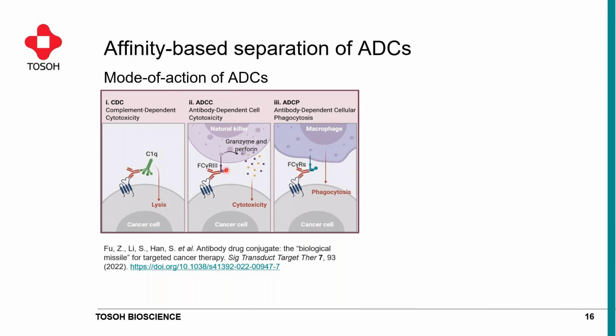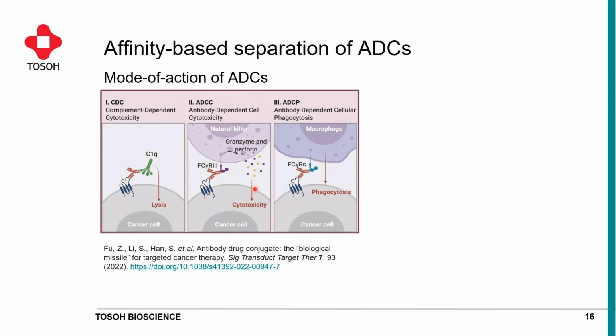This basically works by the Fc part of this antibody, or antibody-drug-conjugate, I need to say in this case, and the Fc part can interact with natural killer cells, and if the interaction takes place, the natural killer cell will release granzyme and perforin, which again leads to cell death in our cancer cell. So this is a secondary mode of